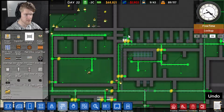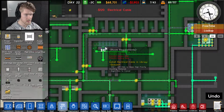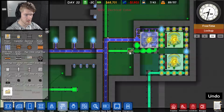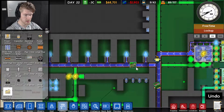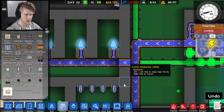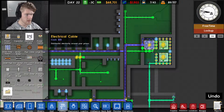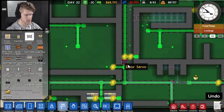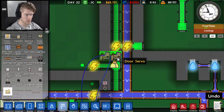So what I want to do is get this to connect up to that one. And then cut off that connection there. I'm thinking. Oh, actually, no, that doesn't work. We need to cut it off like there. Because we still want it to go down there. And then we also need to cut... I mean, I think that's it. We cut it off there. Oh, we also need to cut off this connection with this one right there. So, we are also going to cut it off right about...